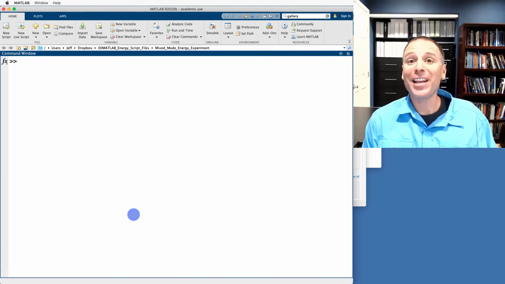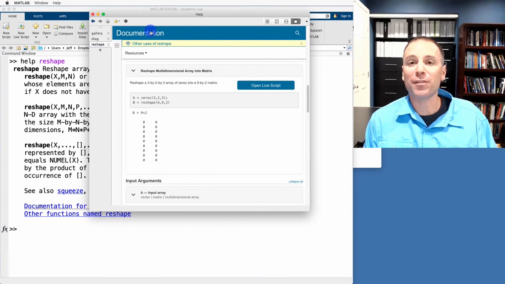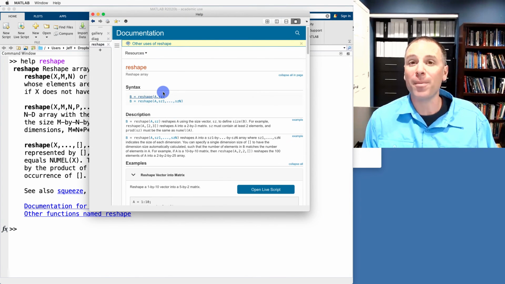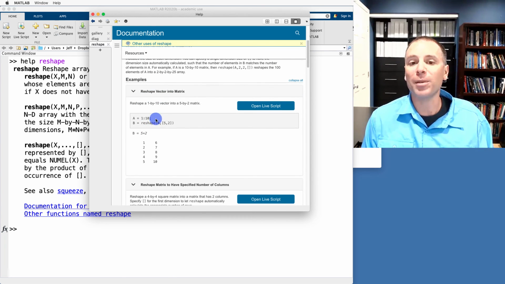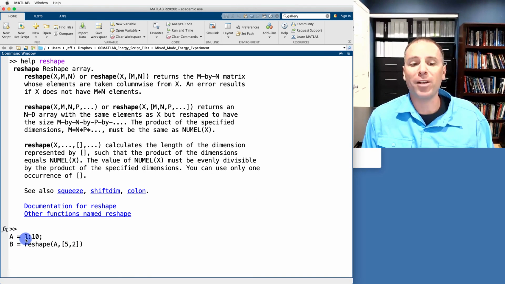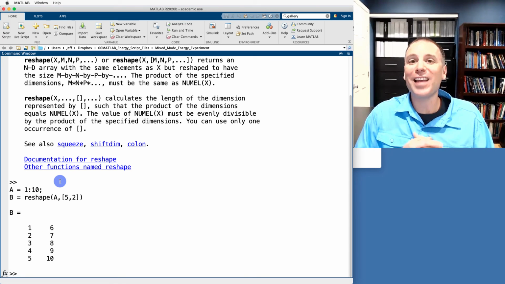We're going to end this video by looking at a function that helps you reshape matrices. In order to do this, go ahead and type help reshape. This function allows us to take a matrix of a certain dimension and turns it into a matrix of another dimension. As a challenge to you, I'm actually not going to show you how to do this, but allow you to read the documentation and figure out for yourself. Here's a great example of how this function works. If I go ahead and define a matrix from 1 to 10, and then I reshape that matrix A and turn the 1 by 10 into a 5 by 2, MATLAB produces a 5 by 2 and literally just goes column by column. I'll leave you to read through the other part of that documentation and look at other examples for yourself.